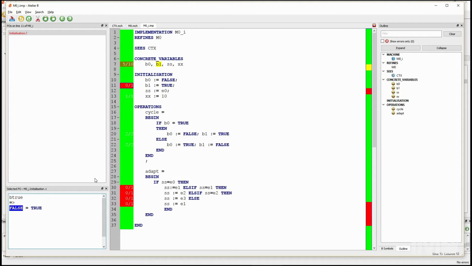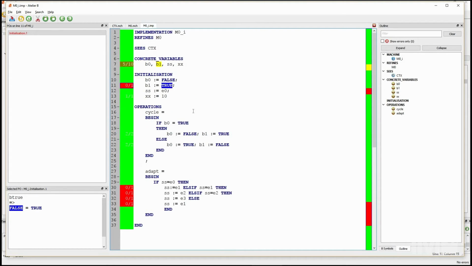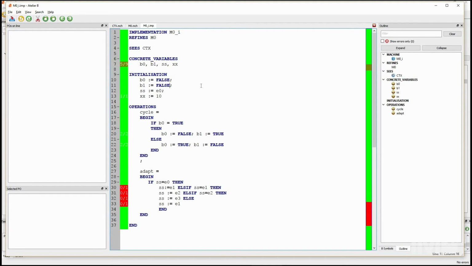So have a look at the specification. B1 should be equal to false, so we need to correct the implementation, replacing true with false. In this case we are doing exactly the same thing, so true by false, we save it, and it's proven. Now have a look at adapt, so we have an if then else substitution,